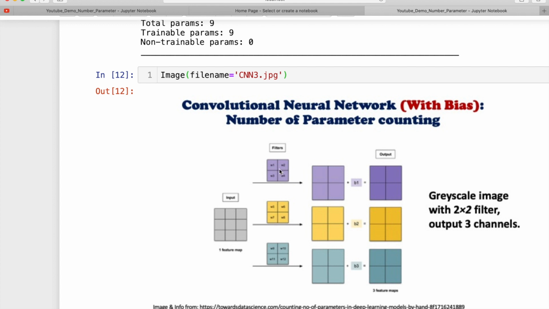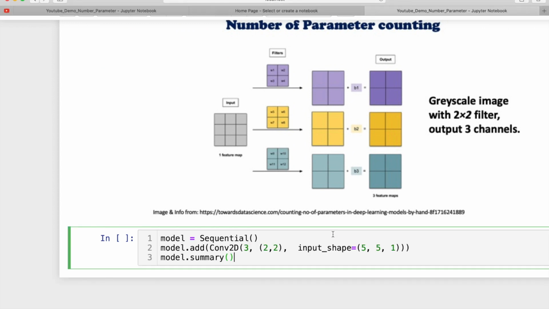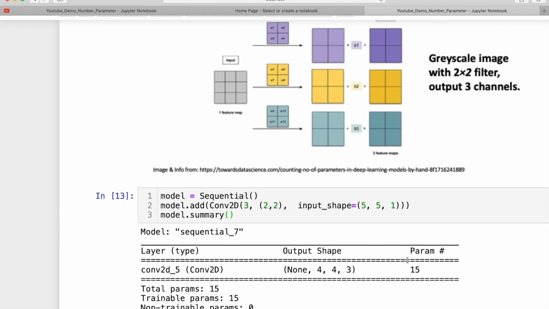If you take 3 channels, for this image I am going to use 3 kernel frames, all with the same size, and for each of the 3 we have a bias. So 3 biases. Now you tell me how many parameters should be there. It's easy. For one it's 4, 4, 4, 12, 12 plus 3 bias, 15. Let me check in the code. Is it 15? Yes, 15.